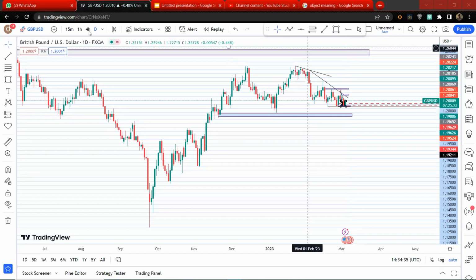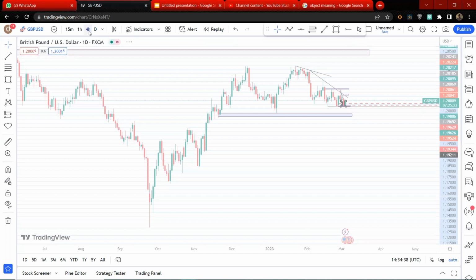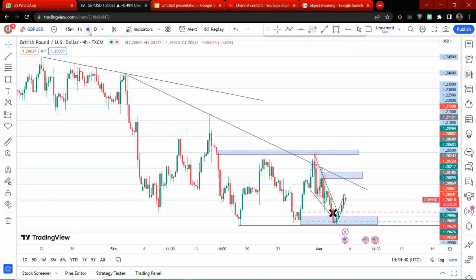So let's just look at the 4-hour time frame for now. You all know I use the 4-hour time frame to get my current trend, or the main trend. Let me just explain a strategy to you, guys. You see the way GBPUSD was ranging on the 4-hour time frame, it was repeating something that is obvious. Just look at this, a pullback in here and a push to the upside,